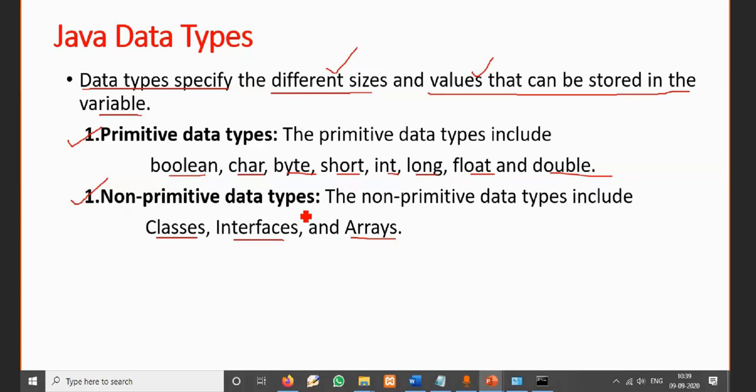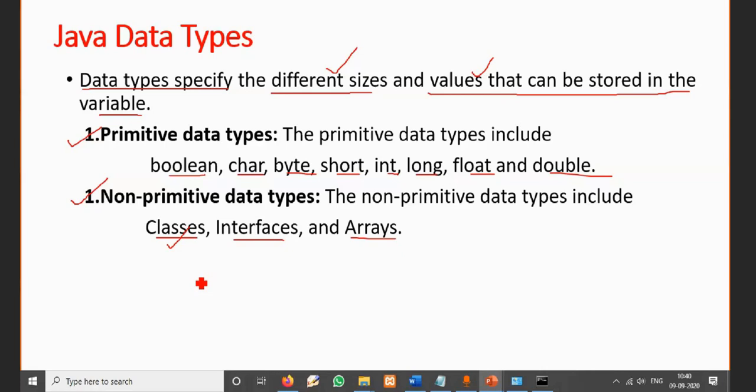Why? Because a non-primitive is not having any direct operations. For example, if I define a class for a complex number, and if I add two complex numbers, we cannot directly use the predefined operators which are available in the programming language.